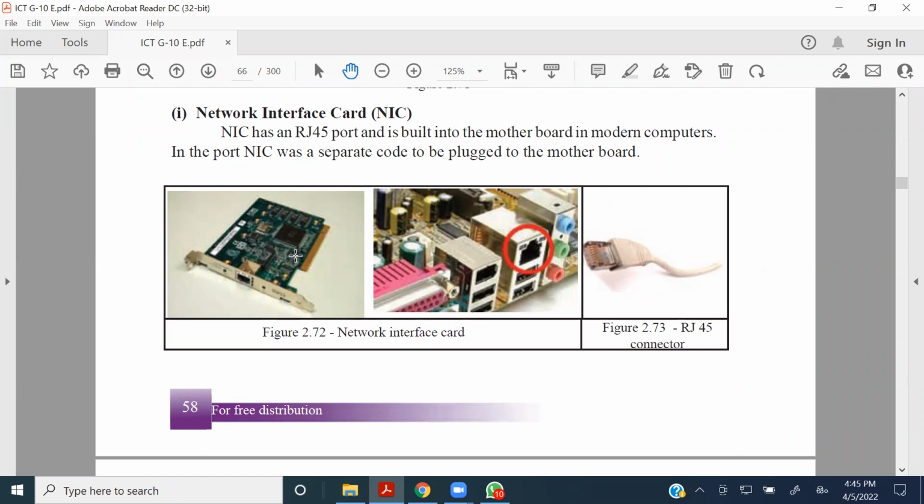Now this network interface card, we can purchase one from the market as a separate network interface card. And sometimes it is welded into the motherboard, integrated into the motherboard system, so we can only see the port. It will be connected with the RJ45 connector, which is always connected with the twisted pair cable in most cases. Right? So the network port will help a device to take the data from a network into the device,